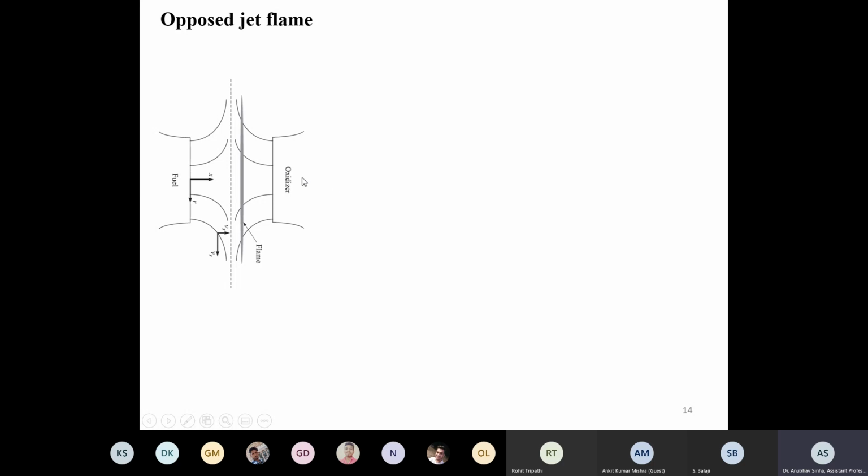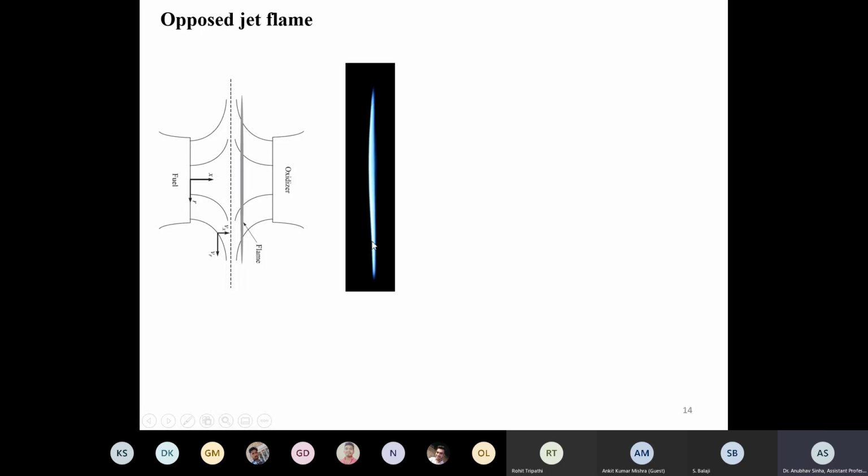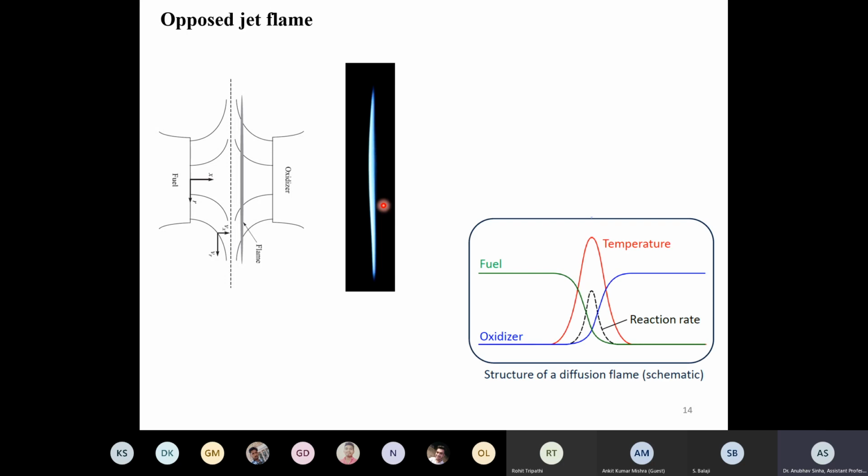So opposite flame, let us look at this turned orientation. Generally you cannot produce a flame like this because of various effects, but let us say we have a flame like this. So how will the temperature and species vary along, let us say, the x-axis? So this is the flame. One side we know that fuel is coming, one side we know that oxidizer is coming. If I go from left to right along the x-axis, how will my temperature and species profile look? Can I say it looks like this?